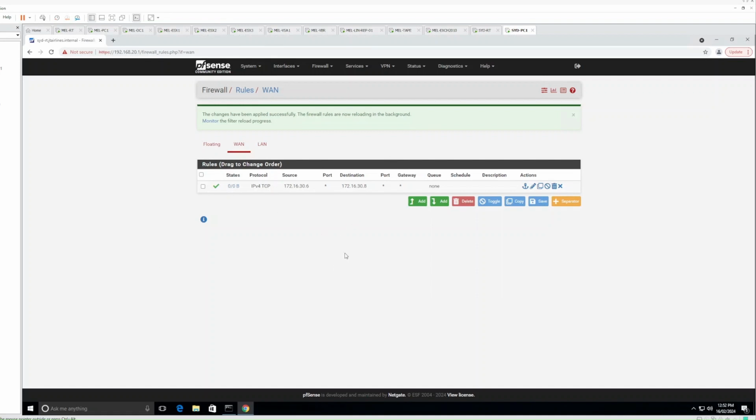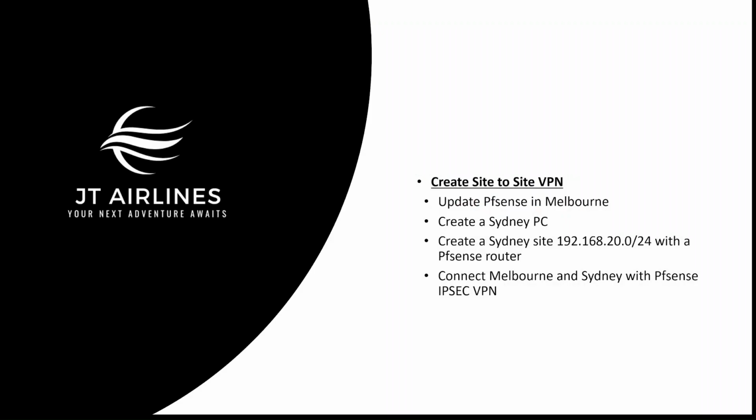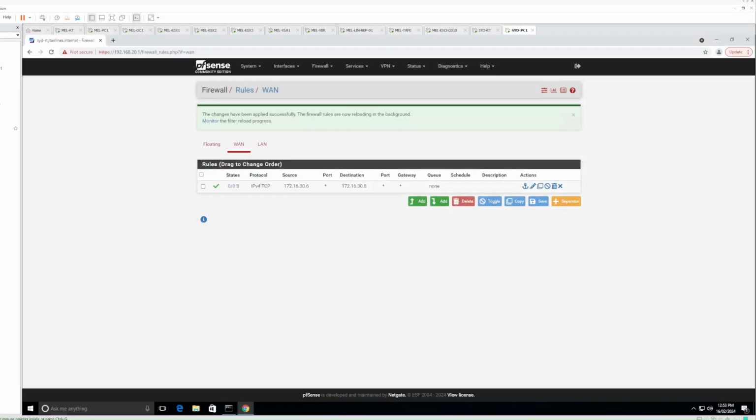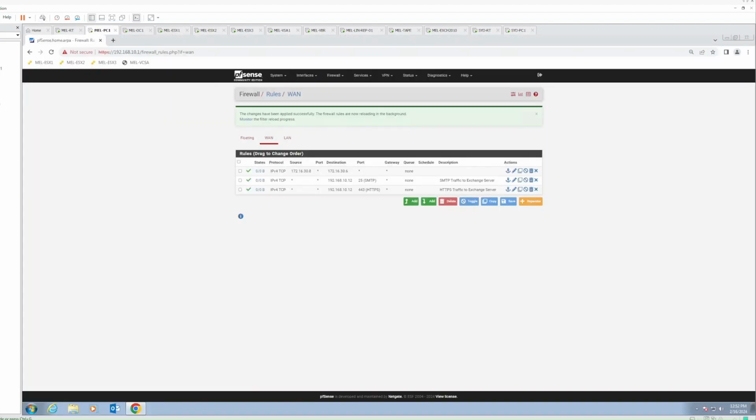So let's start with the IPSec tunnel creation. I don't think I've missed anything that we need to do here, so the Sydney site's ready to go. Okay, so let's do the IPSec VPN. We'll start configuring this on the Melbourne side. We have to configure both routers, so I'm going to jump over to Melbourne,